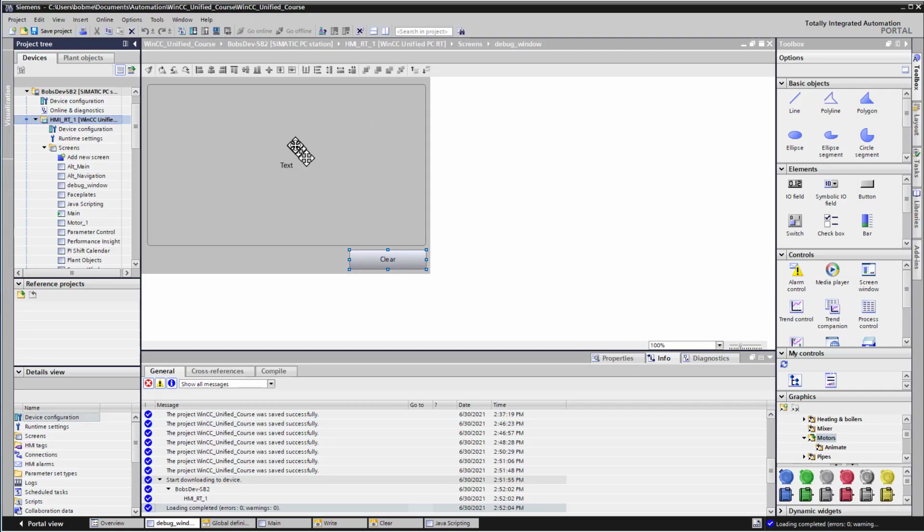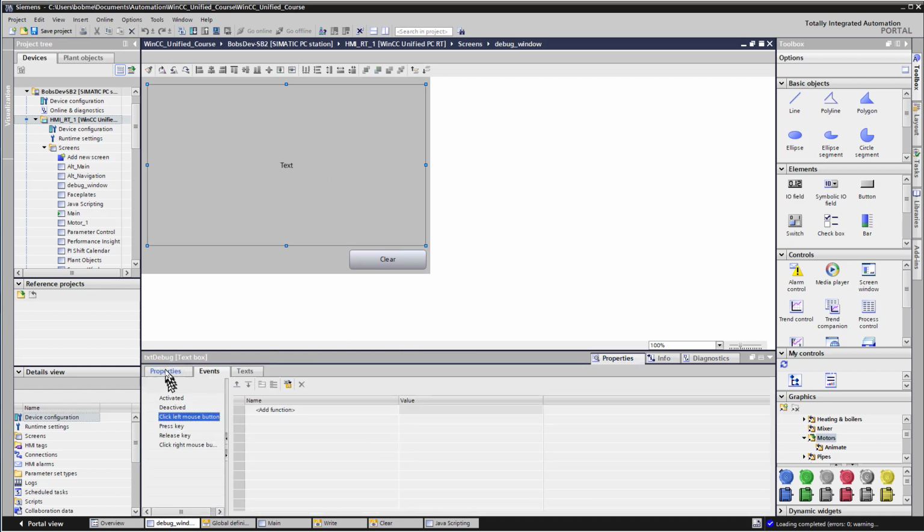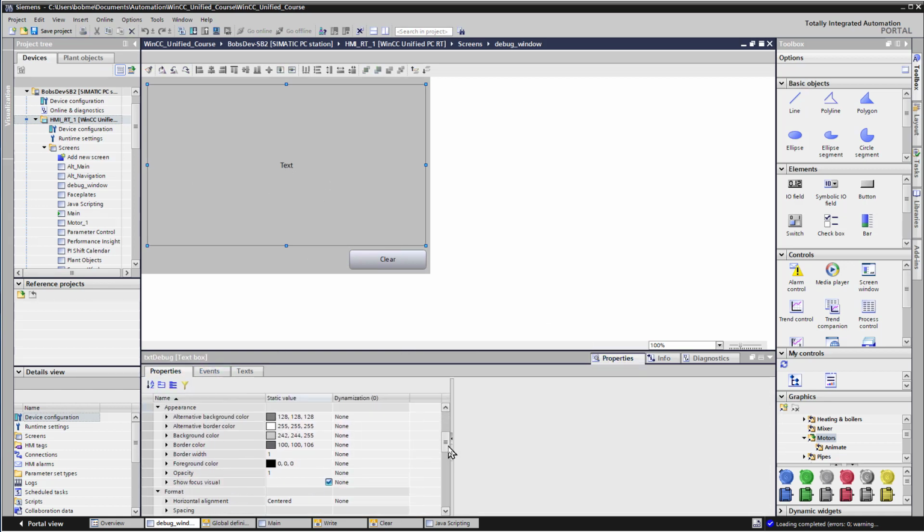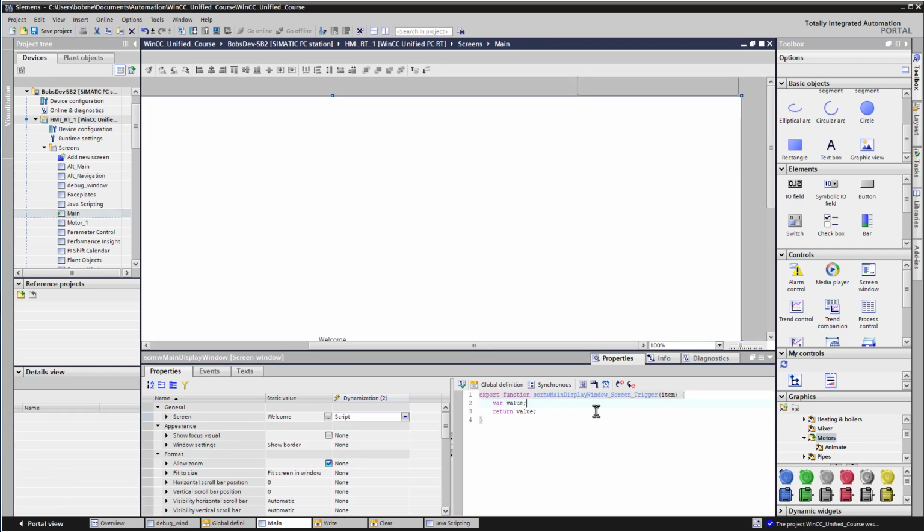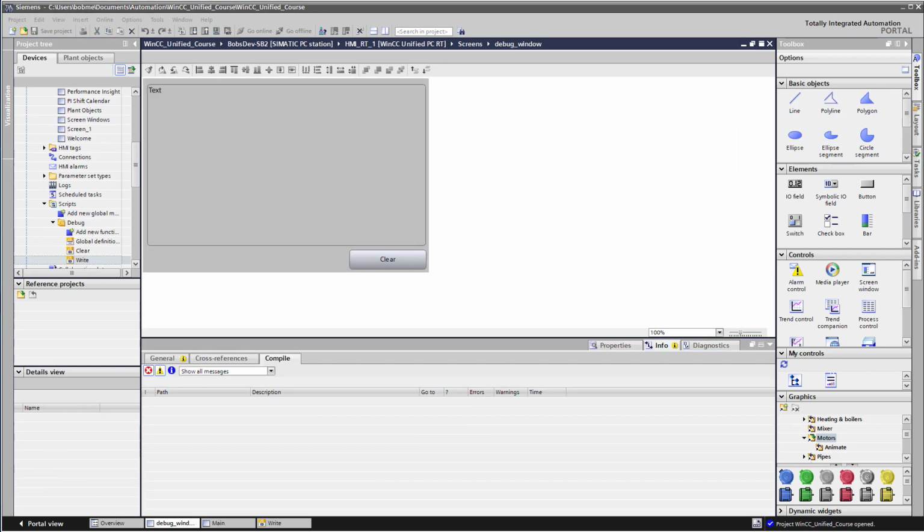Going back to the development environment, the last thing I'm going to do is on my debug text, I'll go back and set the properties that we did on our original one. So I'll set my horizontal alignment to left and the vertical alignment to top, just so it's pretty much the same. Okay, so I want to do one last example on event context, and it's actually a very important one